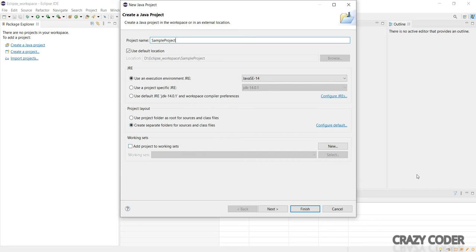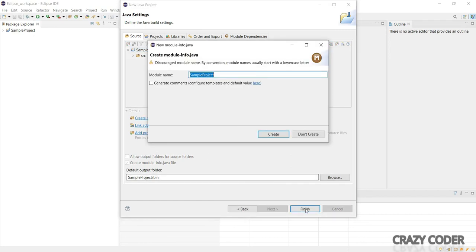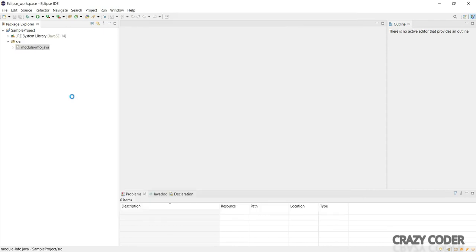I will click on next. So yeah, I will keep everything same, and let's finish. Okay, yeah, so I will allow it to create this file, that is module-info.java.